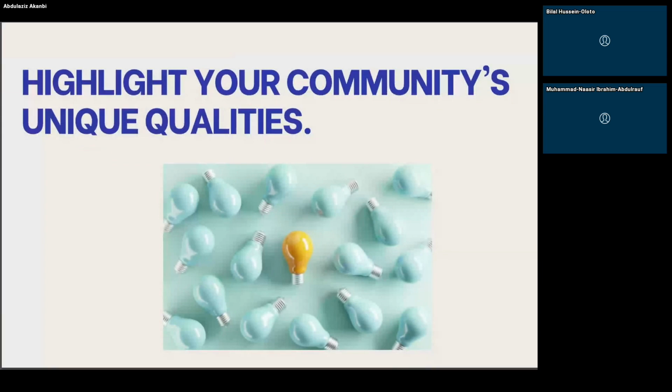So you have to highlight your community's unique qualities. When promoting your community, you have to focus more on what makes the community actually different and unique compared to other competitors. Because when you have a community, there is a very, very high chance that there will be a similar community that is like your own community. So